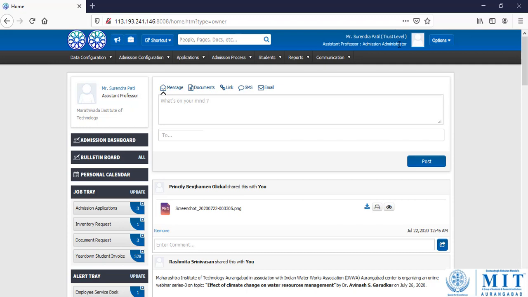As we know, the first stage is the registration of the student. For registering a new student into the ERP system, we go to the applications menu and then click on the direct admissions. This process is the same for the diploma courses, UG courses and all the PG courses. For first year admissions as well as for direct second year admissions, the process remains the same on the ERP system. So now step by step we will see how to perform all these admission activities.